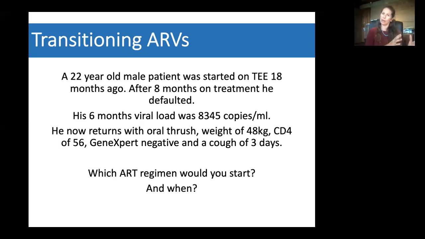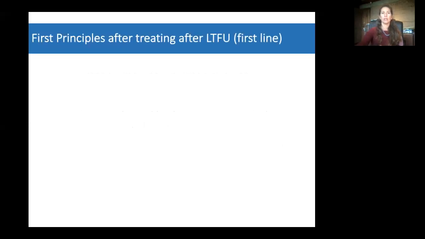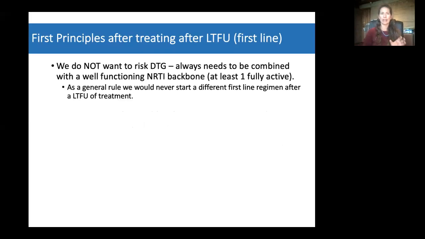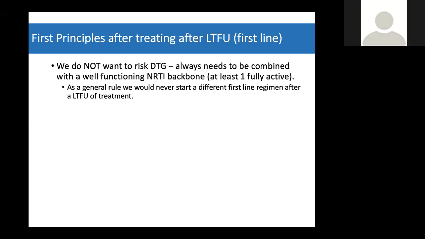He used to be on the old regimen. When would we start the ARVs in a patient like this? Let's look at first principles for treating somebody who has been lost to follow-up. This is somebody who was on an efavirenz-based regimen and now comes back. The bottom line is that we are very precious about dolutegravir. We know dolutegravir is tough, but we don't want to risk breaking this brand new drug. We'd love our patients to be on dolutegravir as a first-line regimen for years before we have to start worrying about changing them. And the rule at the moment is that whenever we put somebody on dolutegravir, they have to go with a nice strong